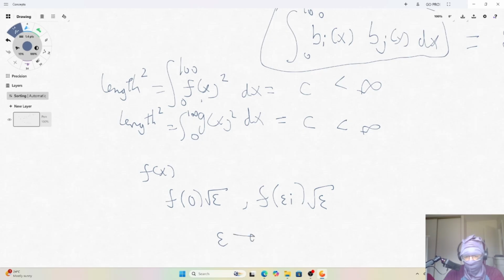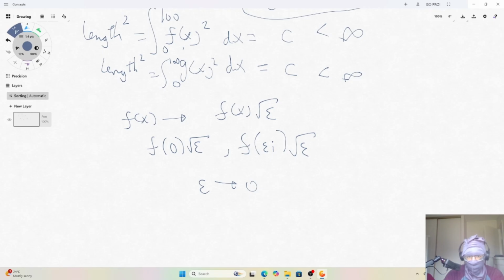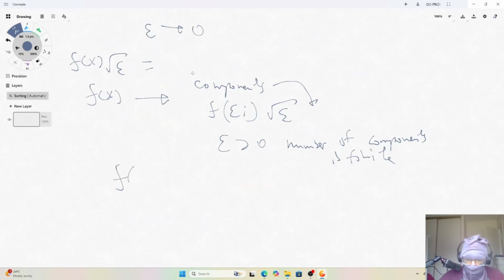But as epsilon tends to 0, we will say that this function can be represented by f(x) square root of epsilon. And if we want the theorem to apply, then we will want the components of this infinite dimensional vector to be such that it's equal to